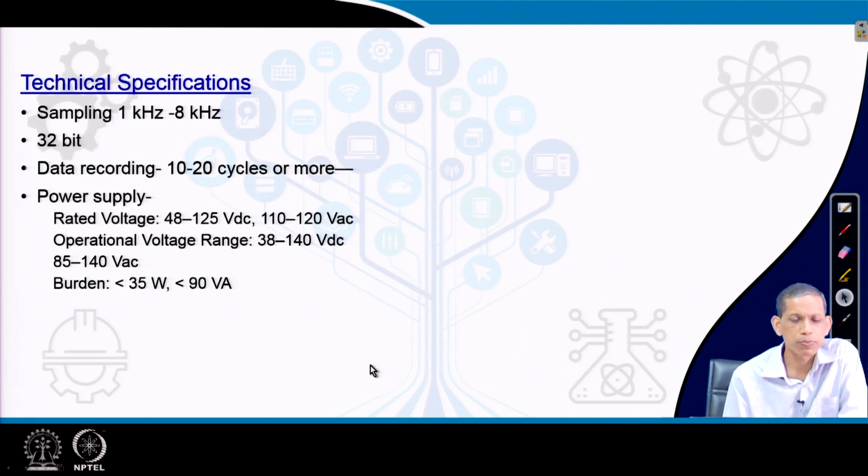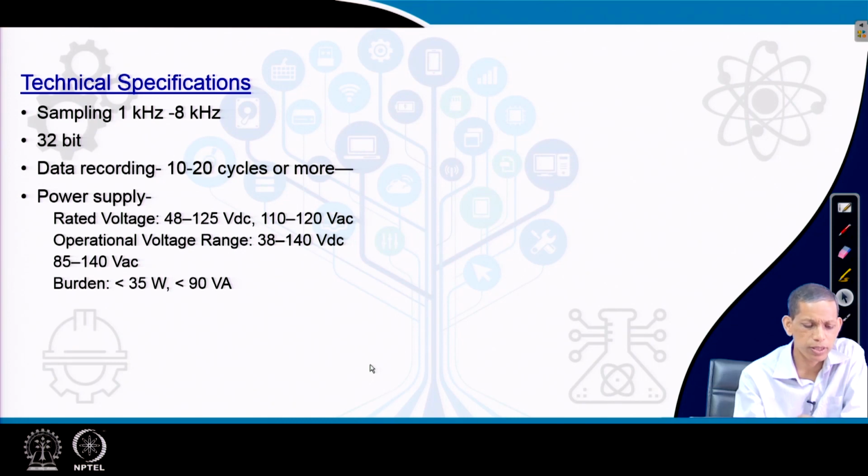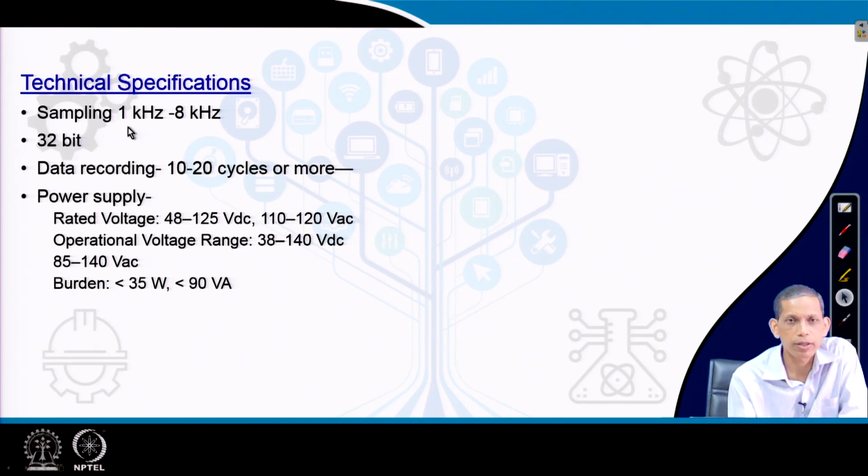Typically, relay specifications have numerous things. For example, for a typical relay we have 1 kilohertz to 8 kilohertz sampling rate, and a very good, very powerful relay may have 8 kilohertz sampling. It may be 32 bit, but older relays were 8 bit. So, with more and more powerful relays and cost being lesser and lesser, we will find the number of bits to be higher and higher in the ADC process. In addition to that, the relay requires data storage,